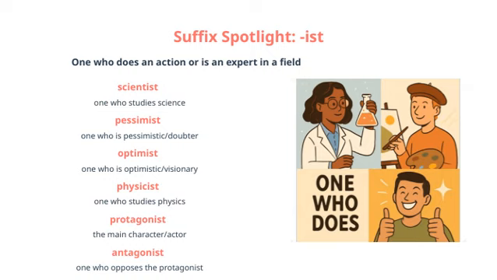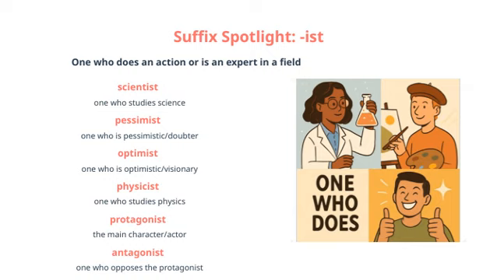On the other hand, an optimist is someone who is hopeful and sees the positive side of things, often having a visionary outlook. Conversely, a pessimist tends to focus on doubts and the negative possibilities, which can influence how they interpret situations. In the broader scientific community, we have scientists, people who study various fields of science to expand our